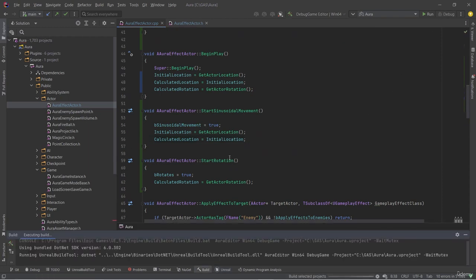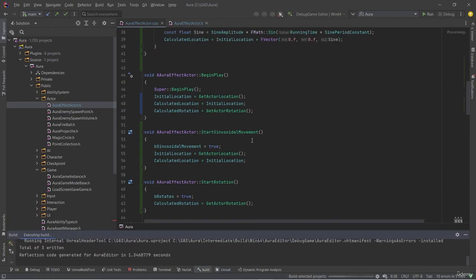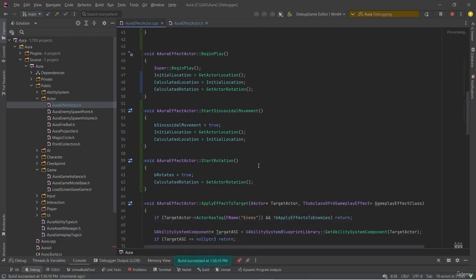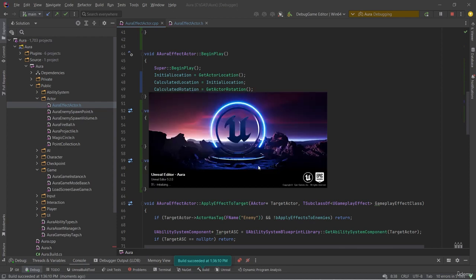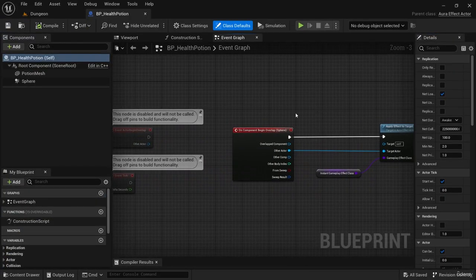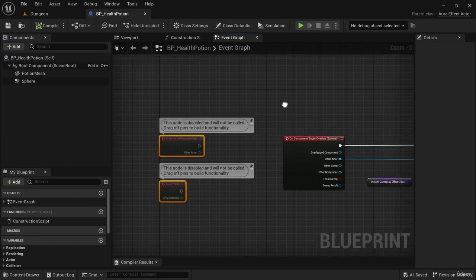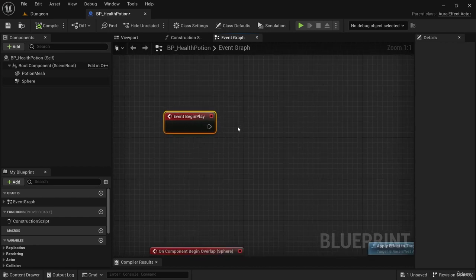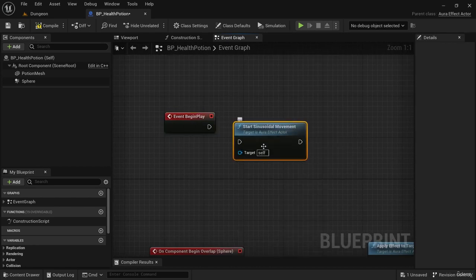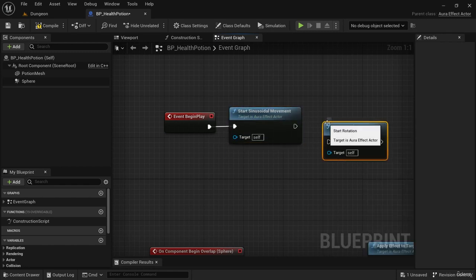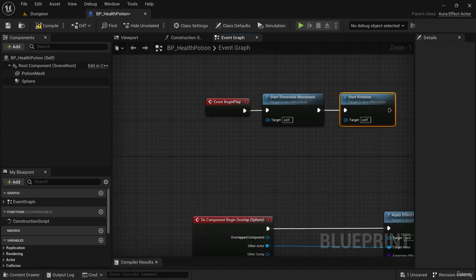Okay, let's compile and see how these work by calling start sinusoidal movement and start rotation and using those calculated values to set our location and rotation for these pickups. So I can go into my potions and open BP Health Potion, for example, and we can go into Event Begin Play, and we can call start sinusoidal movement, and we can call start rotation, and in tick, which by the way,